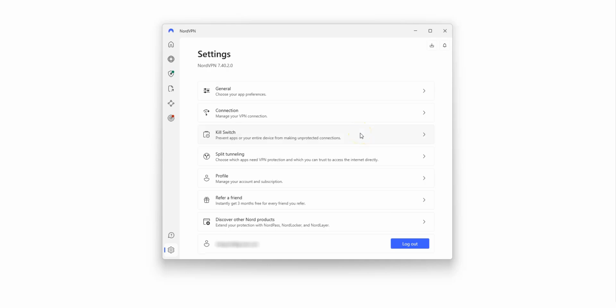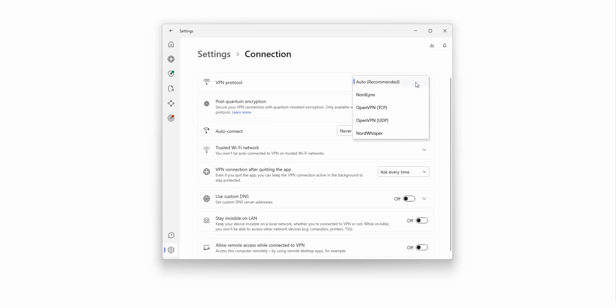If you're a beginner, don't worry, you don't need to know all these settings. If you're downloading via peer-to-peer, I recommend enabling kill switch. If you're having trouble bypassing a specific geo-block, try switching VPN protocols. Other settings, apart from the general ones, are more for advanced or curious users.